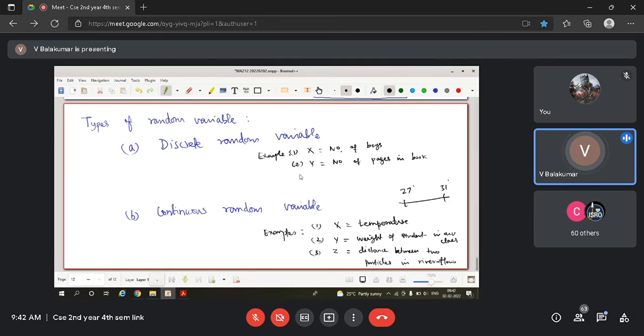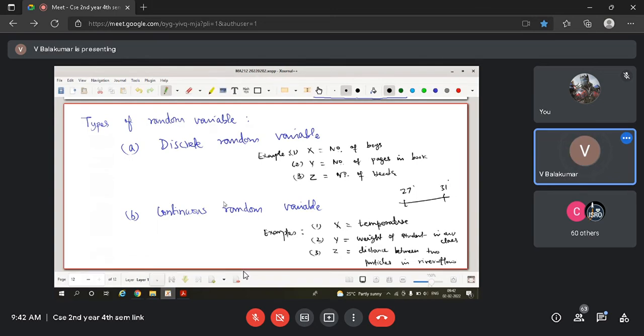Here, give me one more example for this. Number of bytes, number of pages in a book. Some other example. Discrete only. Okay. Here you could see this pattern. Here you can say number of heads in an experiment. Anything is fine. Two types of random variables.